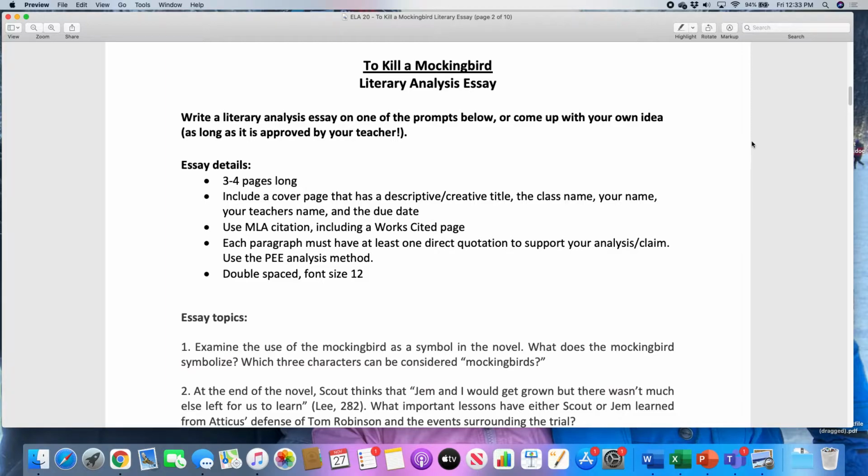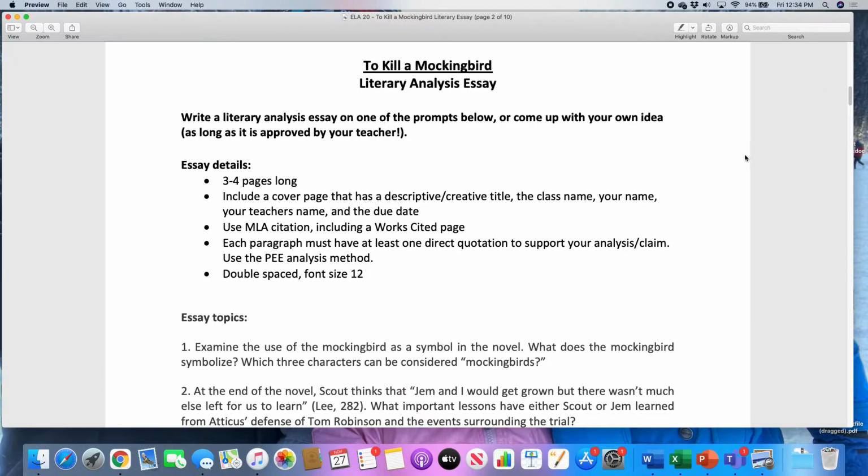So it's pretty simple. You guys have written literary analysis essays before, at least one in grade 9 and probably one each in ELA A10 and B10. Well, maybe not B10. Maybe not A10 because we weren't in class for that long. Anyway,